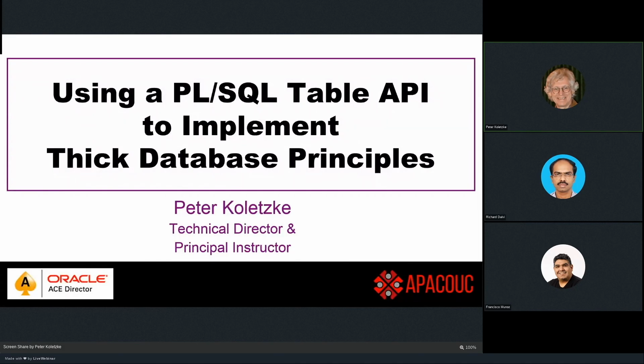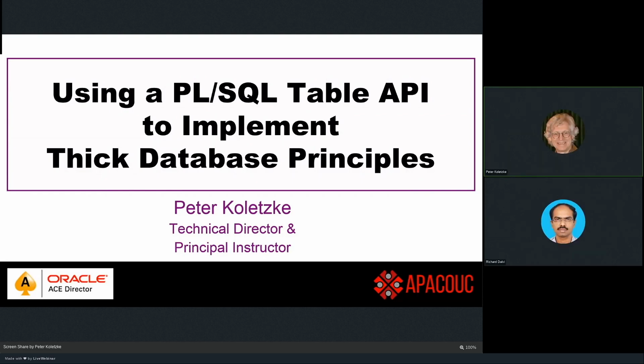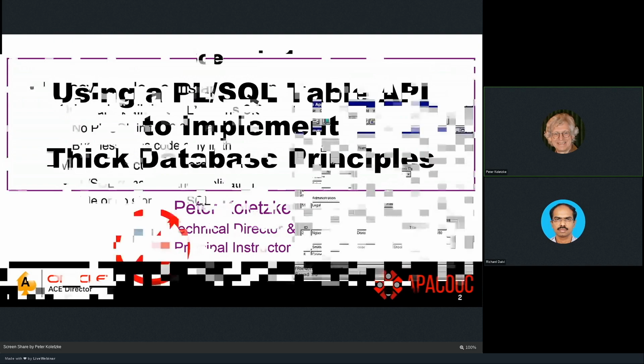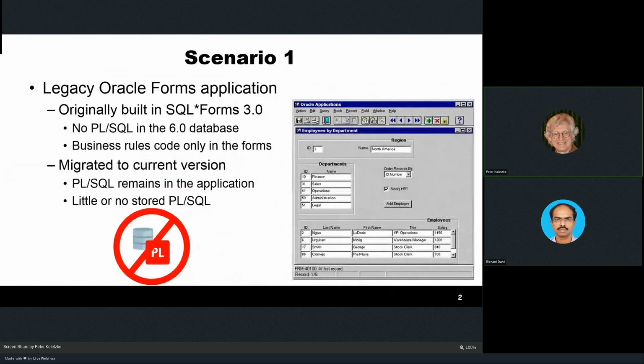So you got the title of the talk. The reason I did this session was mainly to explain a little more about the PL/SQL table API, but I have a couple of scenarios to start out with, which I wanted to see if you might be able to identify with. First scenario is your system has a legacy forms application that was built maybe back in Forms 3.0